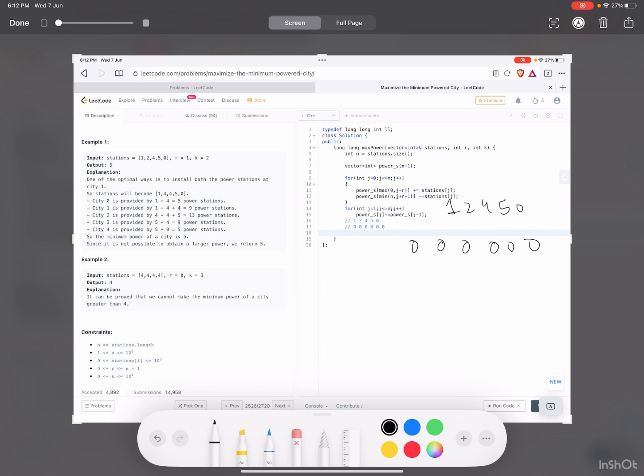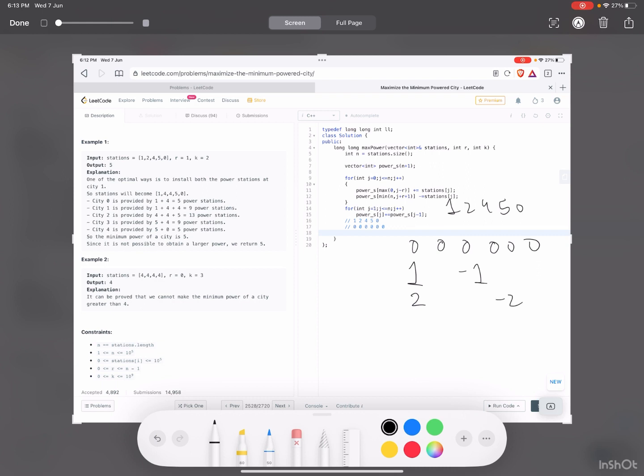If I do an addition, it will add 1 here, and it will subtract 1 from the element at j plus r plus 1, which is 2, in the first step. Then in the second step, it will again add 2 here, and it will subtract 2 from here.